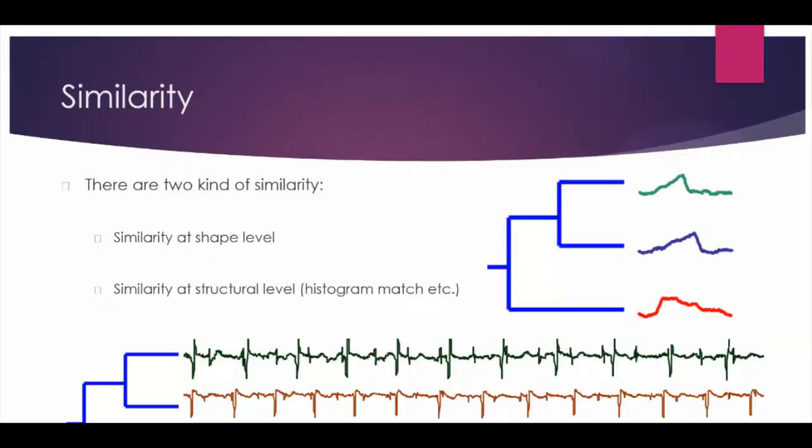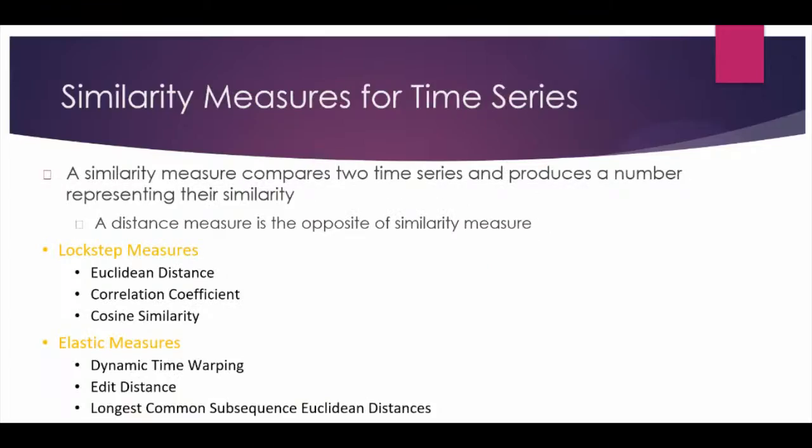Whenever we talk about similarity, we always talk about distance, because similarity and distance have a very good relationship. So similarity is equal to 1 minus distance. The less the distance, the more the similarity. So this is the case of hierarchical clustering with Euclidean distance.